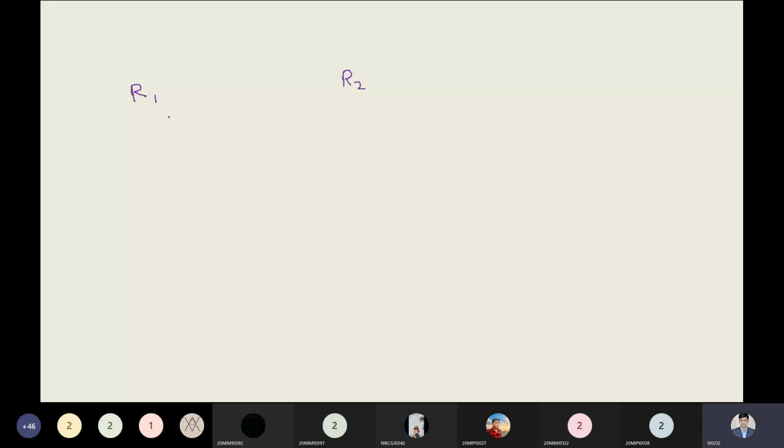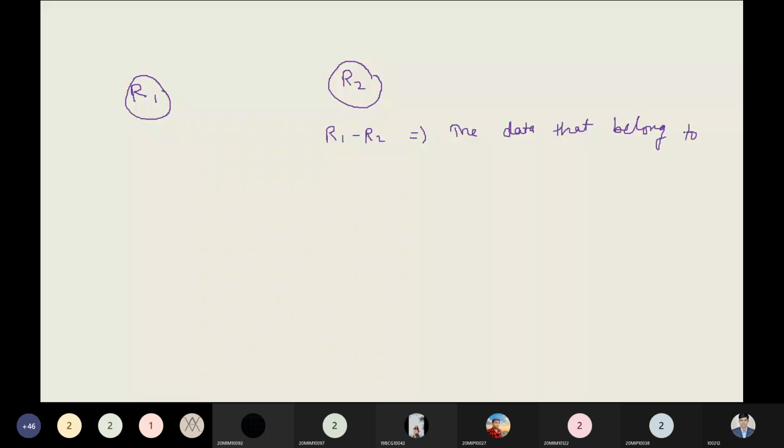If I use the simple syntax R1 minus R2, it gives us the data that belongs to R1 but not to R2 relation.